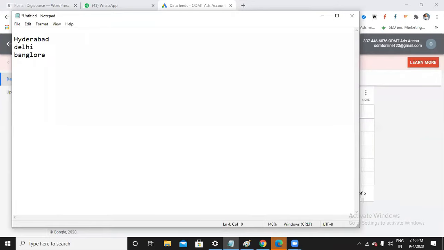How many campaigns do I have to create now if I want to reach out at three locations, Hyderabad, Delhi, and Bangalore? Could you please tell me? Sure. In one campaign, can I target three locations at a time? Yes, yes, we can do. Right. Now, what happens here? Under that campaign, I have chosen three locations. Now, what happens under that same campaign? I will be creating different ad groups. Got it?